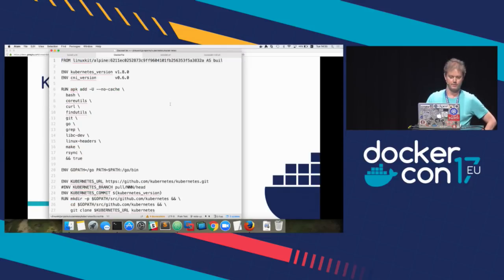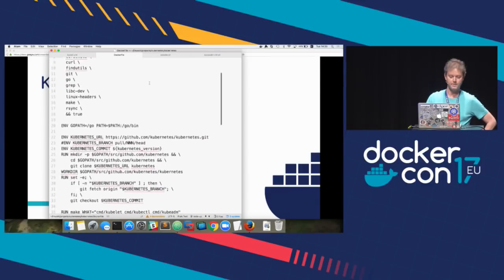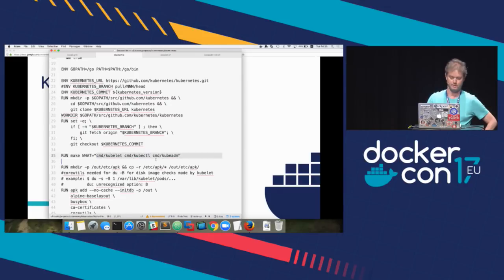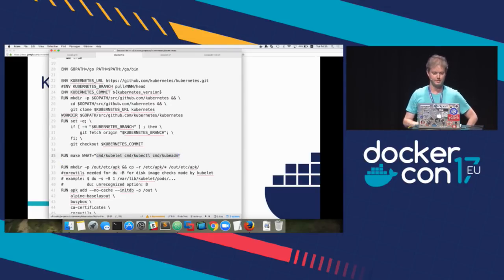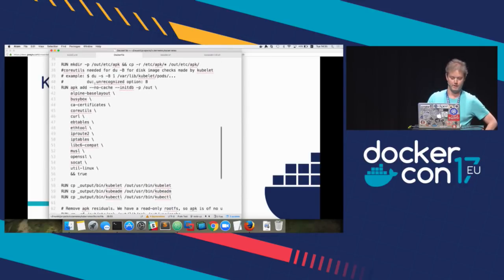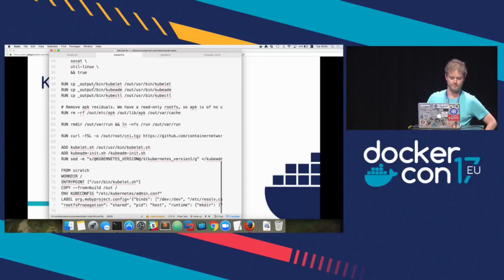Then here's the Docker file for the kubelet itself. As you can see, you can configure the Kubernetes version. We can upgrade to 1.8.1 now, CNI version. And we check out Kubernetes and we build the kubelet, kubectl, and kubeadm. So it's a standard build of those from source. And then we add the packages we need at runtime, and we run this kubelet shell script here,